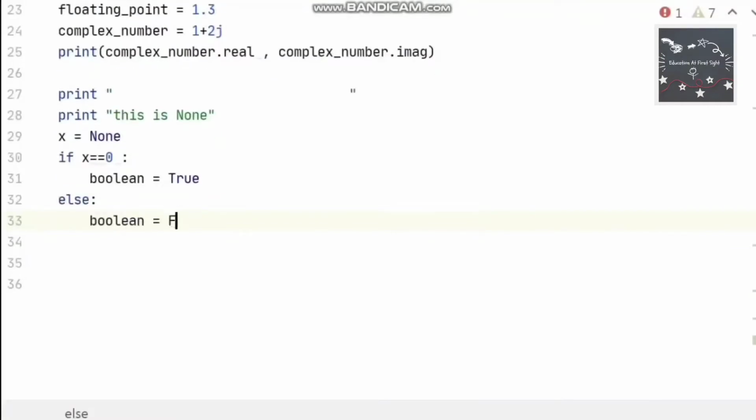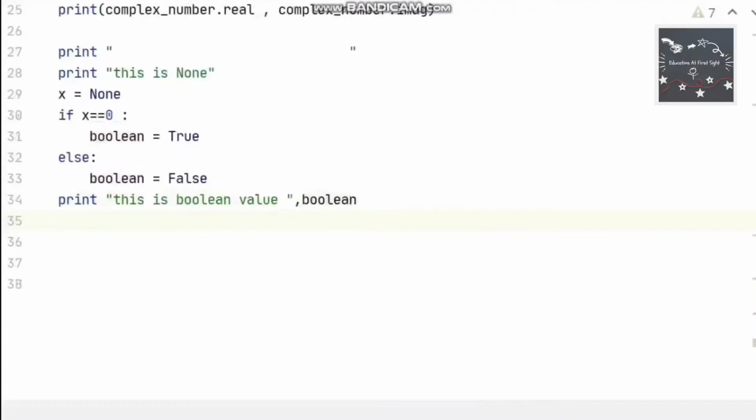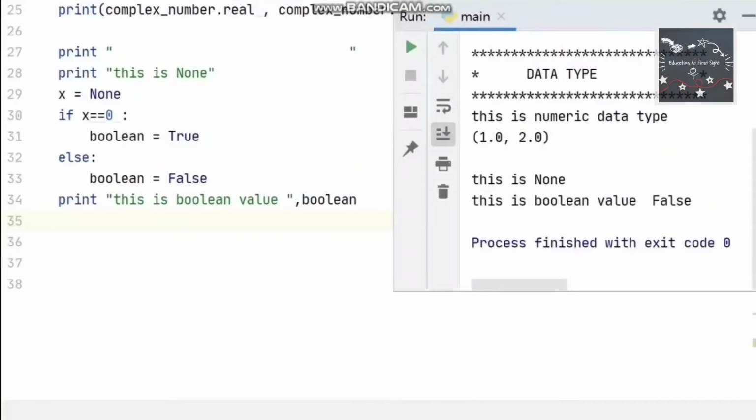If it is not equal to 0, then I have assigned False to my variable named boolean. I'm going to print the result of my check. Let's see the output. Since x, which has been assigned None, is not equal to 0, this is why we got the value of boolean as False.